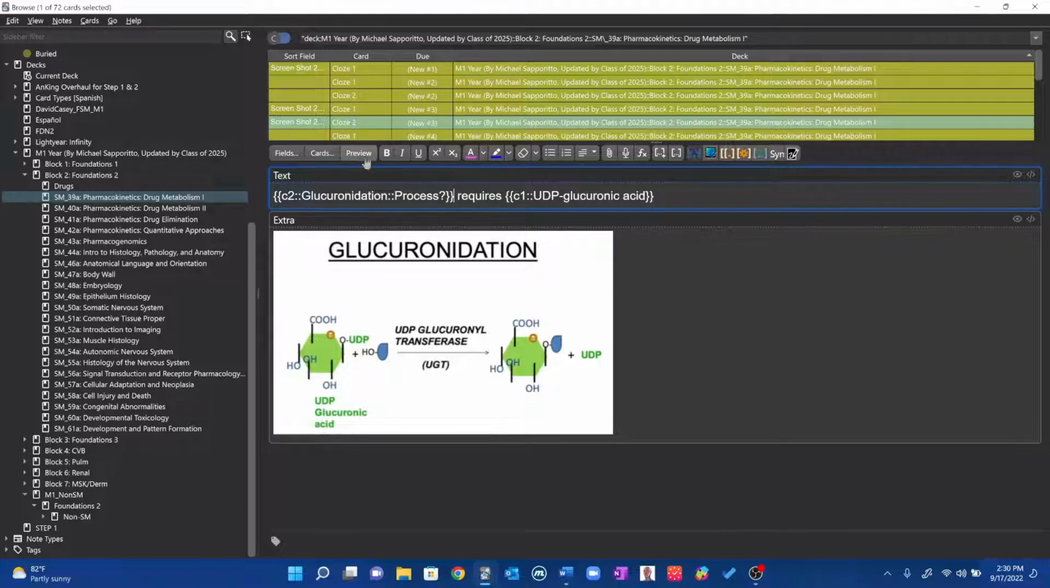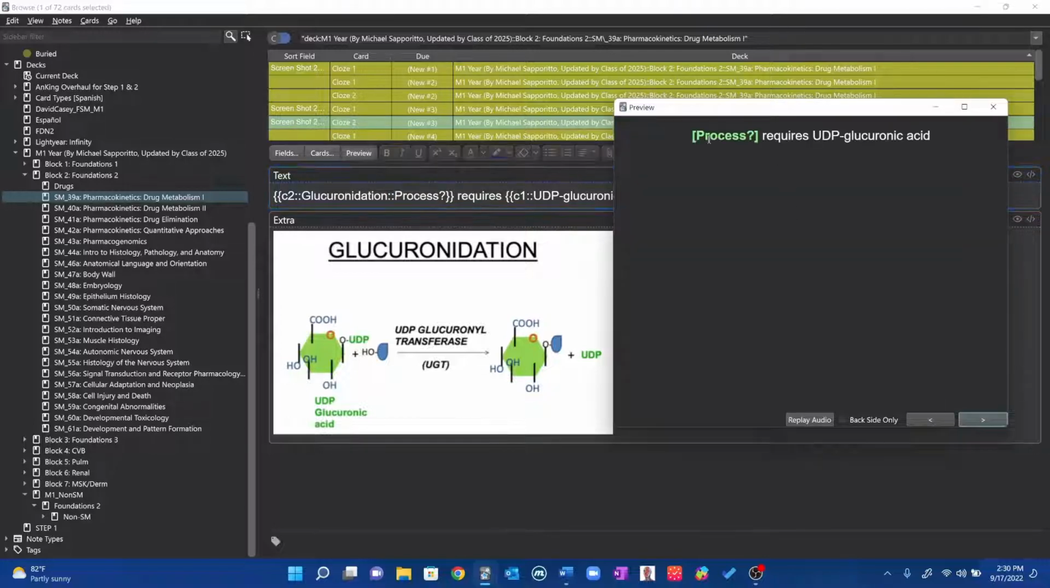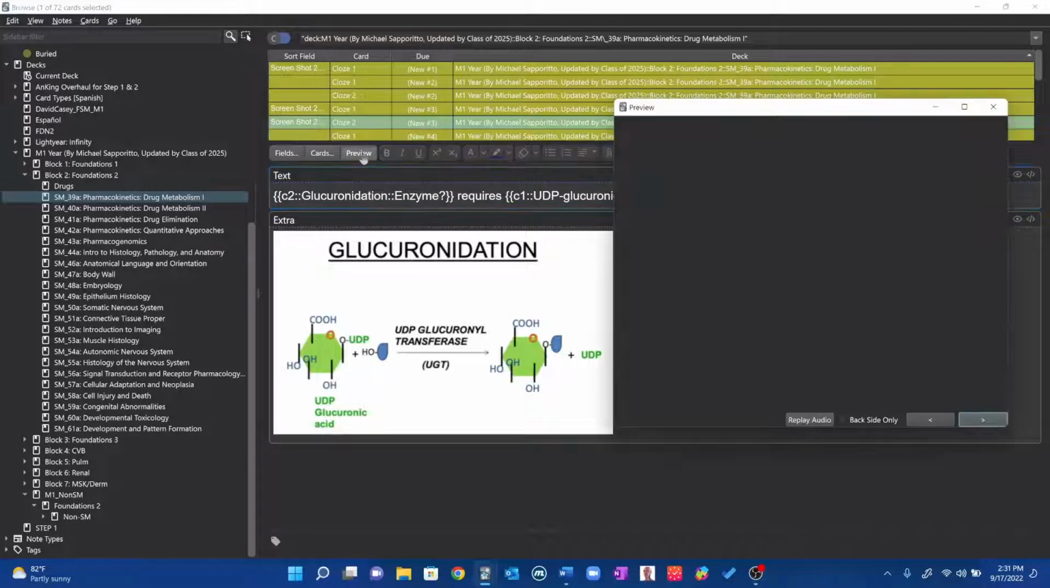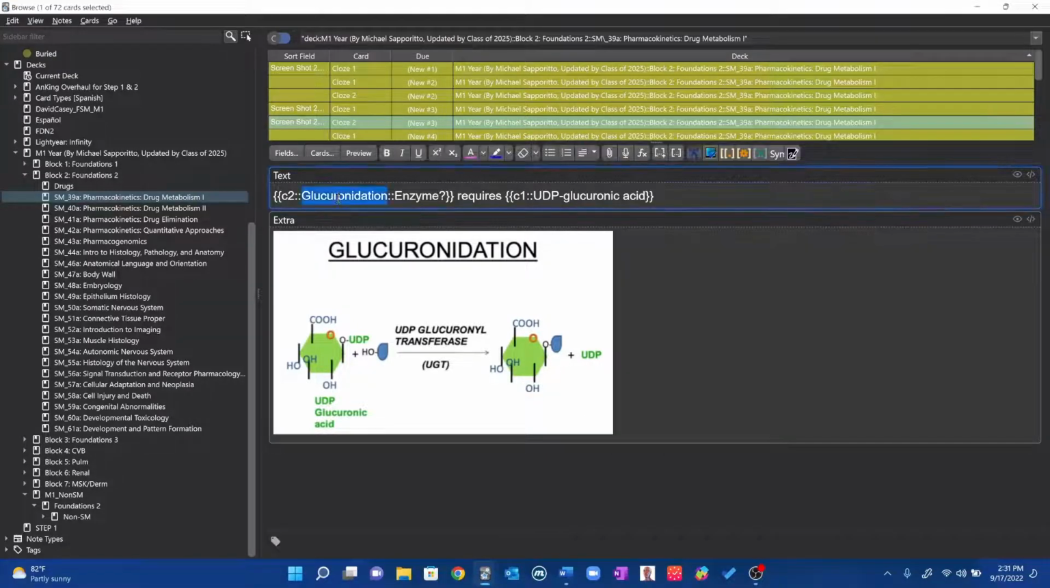Let's see, is that a specific process requires UDP glucuronic acid. If I wanted to change it and say this is an enzyme, I could say, oh, cool. So I know that UDP glucuronosyltransferase is going to require this acid, and of course I would have to change it to UGT. But for now, I'm going to keep it the same,